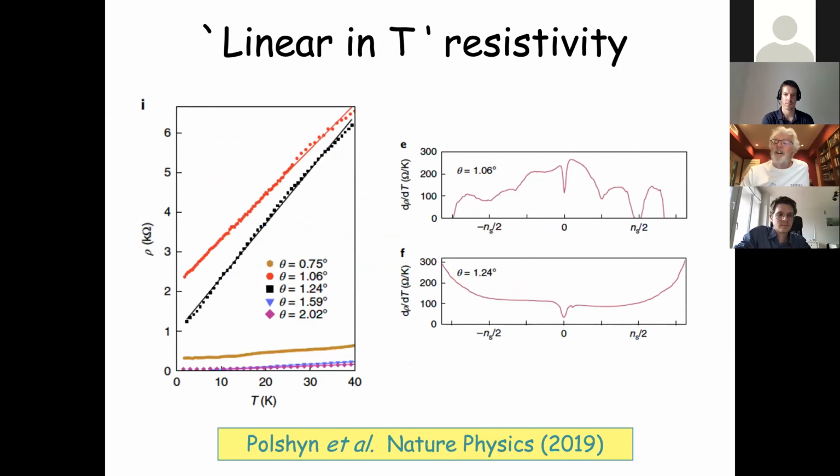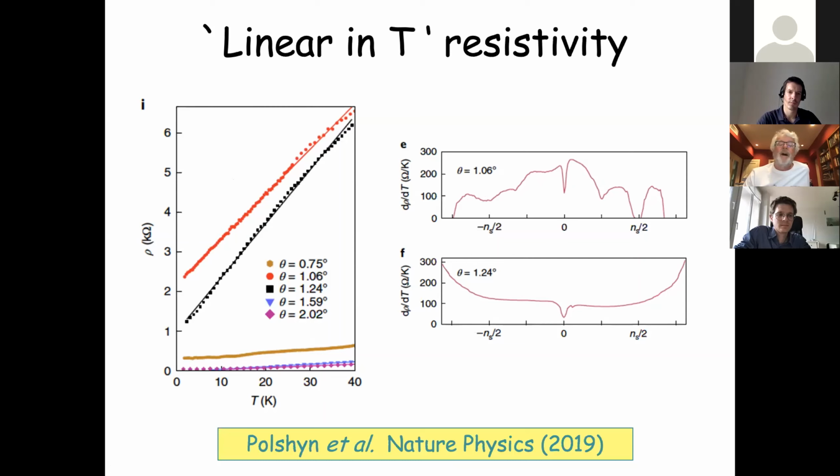Acoustic phonons are also thought to be a possible mechanism. And in connection with acoustic phonons, one of the very interesting properties of magic angle twisted bilayer graphene is that just near the magic angle, there's a huge linear-in-T temperature-dependent resistivity, which of course violates the Fermi liquid ansatz and certainly indicates very abundant low temperature inelastic scatterers.